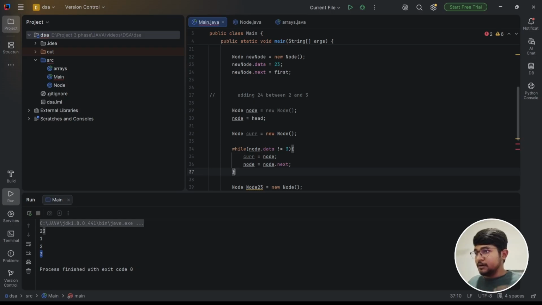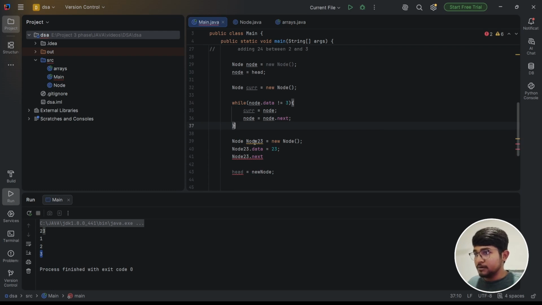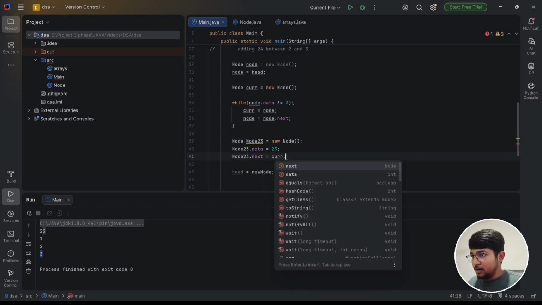Okay, so at that point, current will stop at 2. Then what we're going to do: node 23, I have created this one, node 23 dot data is equal to 23. I have made that one as well, that new data, and node dot next. So what I'm going to do, this value dot next is equal to, I will point this to 3 now. So node dot next is equal to current dot,